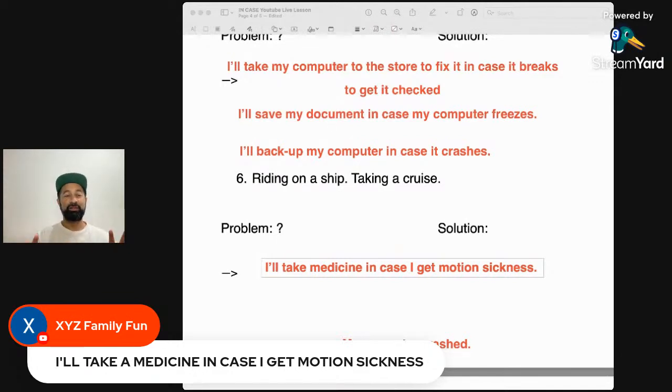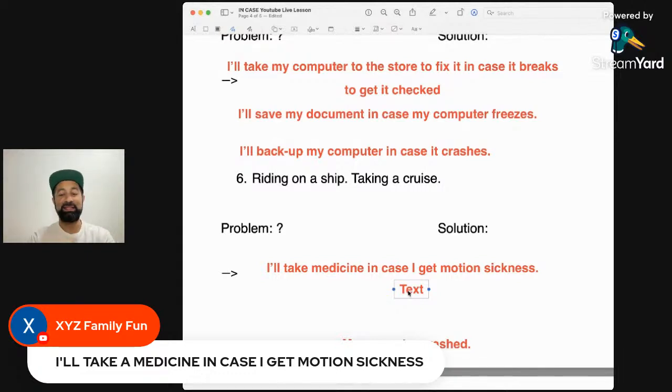Now, motion sickness is the general word. We can be more specific for each type of motion. We have a special word. In this situation, we're talking about a ship. The ship is on the sea. So we can say seasick or seasickness. If you're in a car, car sick. Airplane, air sick. And it's quite easy to remember, I think.